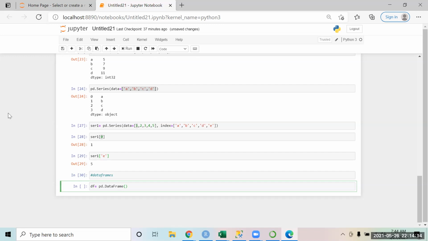Now over here we are going to use a random function. If you all remember, we used a random function in NumPy also yesterday. So I'm saying I want to generate random numbers 5, 4. What will this mean?